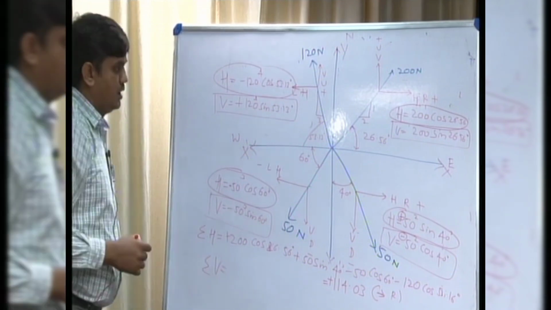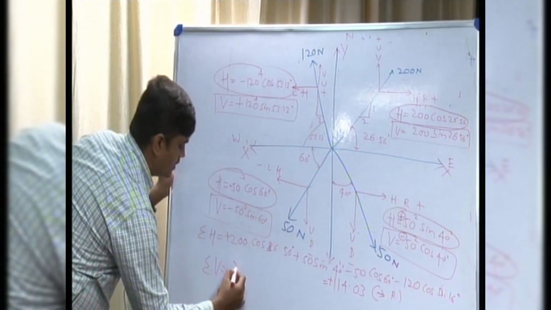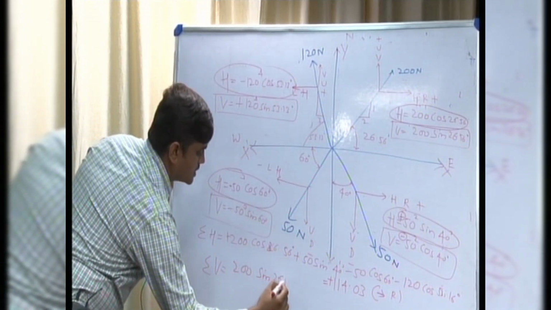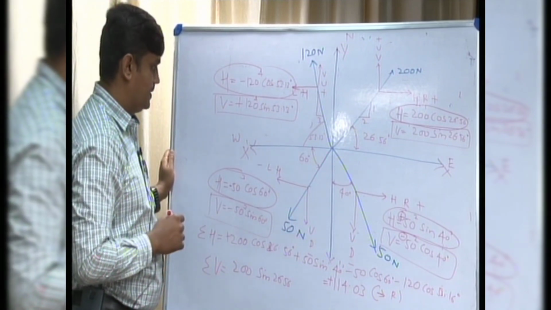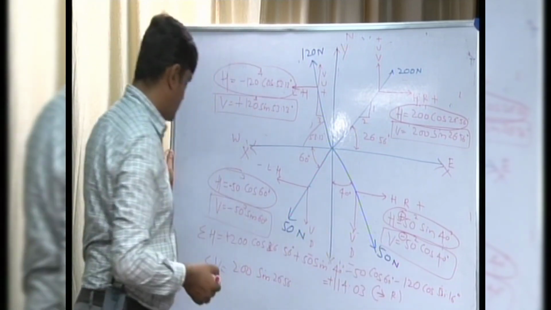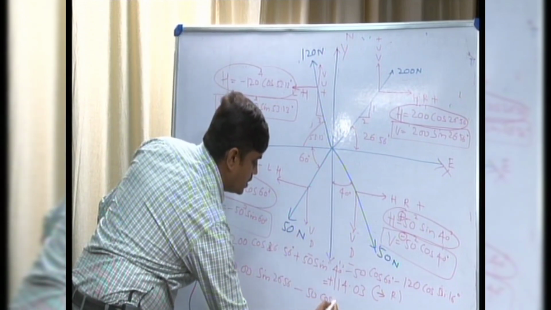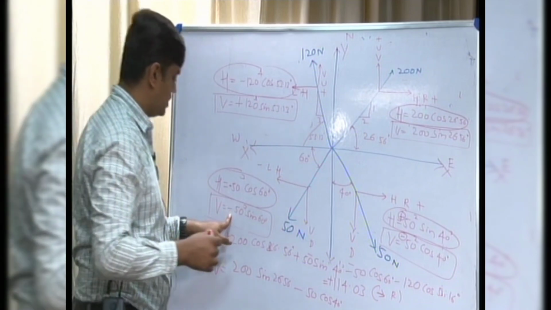V, note down the values in the rectangle box. V is equal to 200 sine 26.56 degree. Next, vertical component in the second quadrant, minus 50 cos 40 degree. Vertical component in the third quadrant, 50